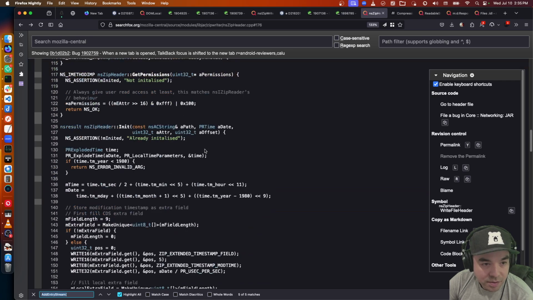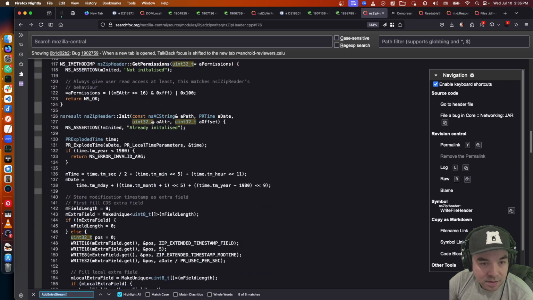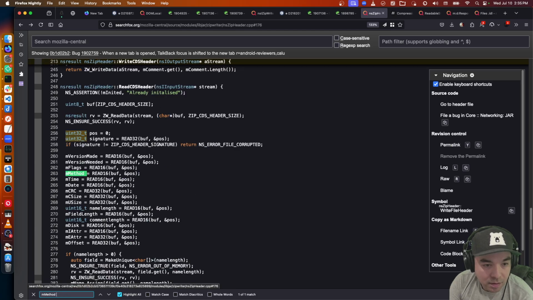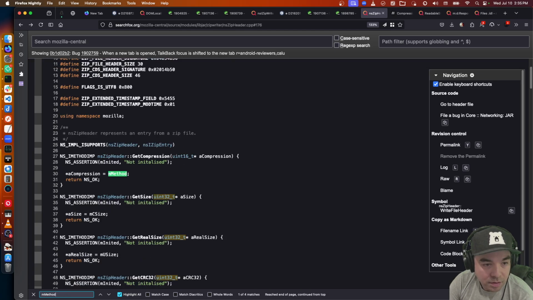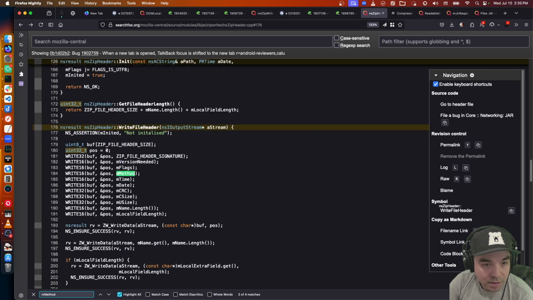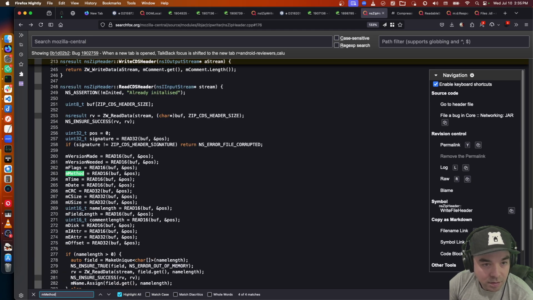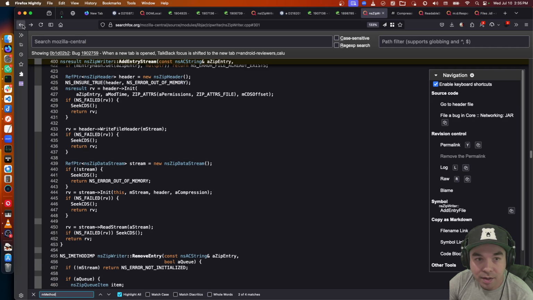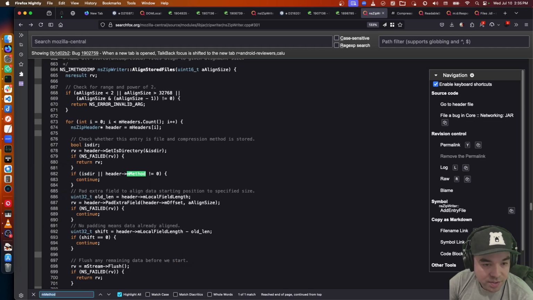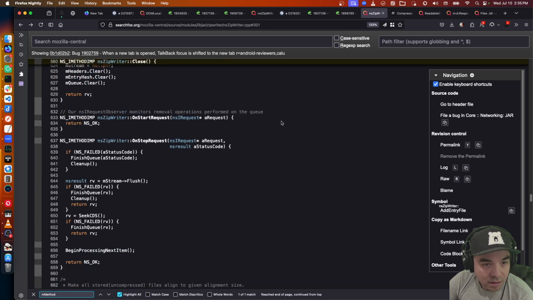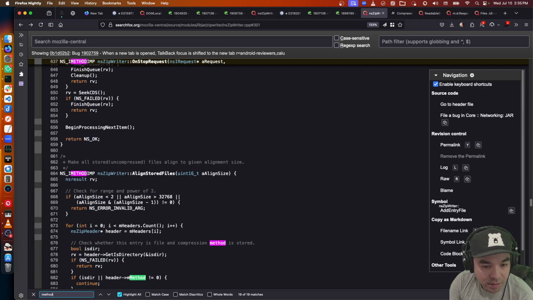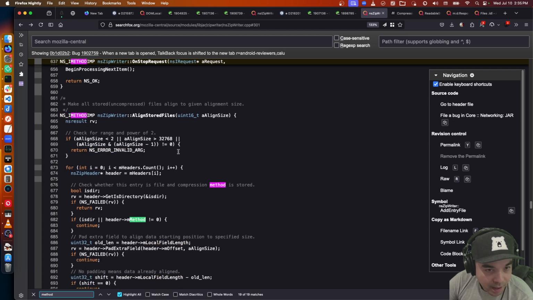for zip header. So zip header gets initialized with these things, and M method equals compression equals M method. Write file header. Write M method. It's reading the header. How do you set zip header? It's probably in ZipWriter. Header, there's just like a method, compression method, check whether align stored files